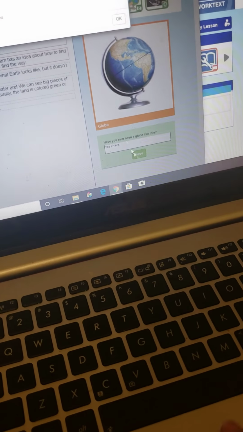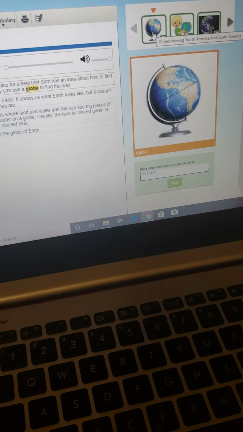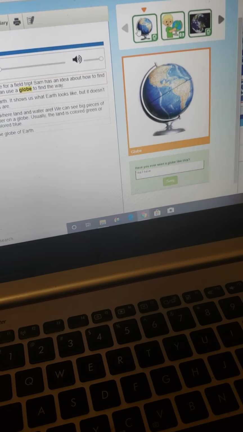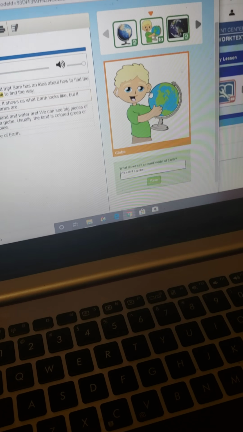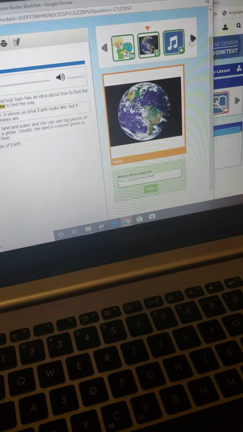You'll see once I save it, it will stay there. And then we've already done this page. We've already seen the picture. When you see the picture, you talk about it. Talk about it with your kids. I already did these 3 with them,